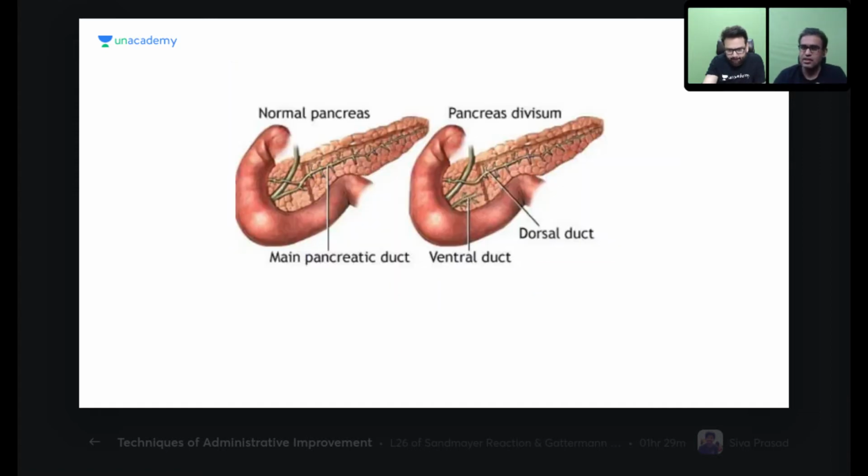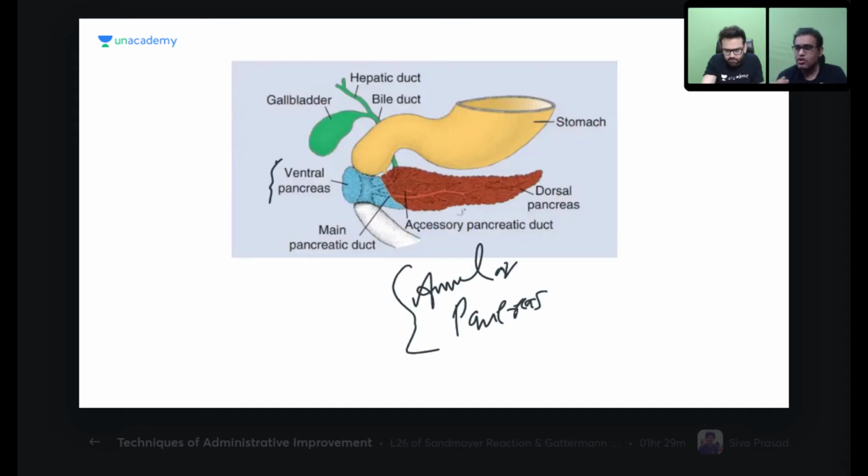That next slide is showing us pancreas divisum, as you can see written there. The ventral pancreatic bud goes behind the duodenum. And why do we call it ventral? Because embryologically, the whole gut arises from the anterior end of the gut, as a ventral bud. So with that, we gave it the name ventral. But due to the anticlockwise rotation of the gut and 90-degree rotation of the bud, this bud will go behind along with the hepatic bud.